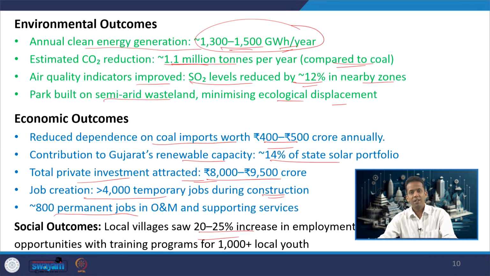So, this case study can be looked upon as how using a wasteland for generating electricity through a renewable resource, the natural resource of the sun, can create jobs, can impact society positively, and can also lead to economic growth of the country, because it is contributing to electricity generation which can be used in many other industries or for houses and other purposes. So, this case study shows it is possible to achieve good economic profits or returns by investing in environmentally compatible